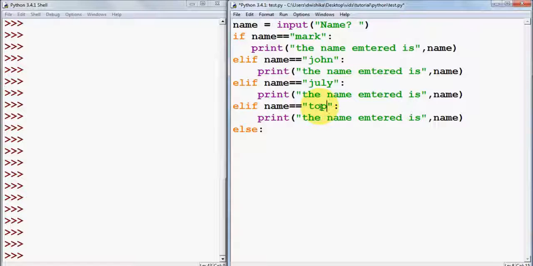Okay, so if you want to compare different conditions, you can use the elif condition, and else, if the condition is false, I can just print that the name entered is not valid, for example. Okay, and now I've saved the program, and when I run this,